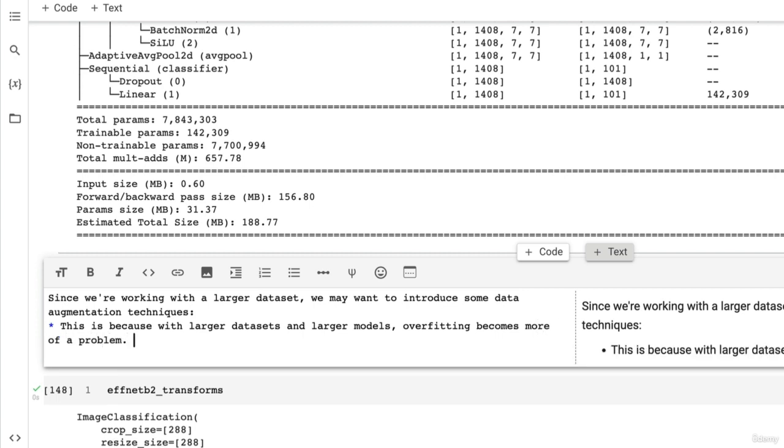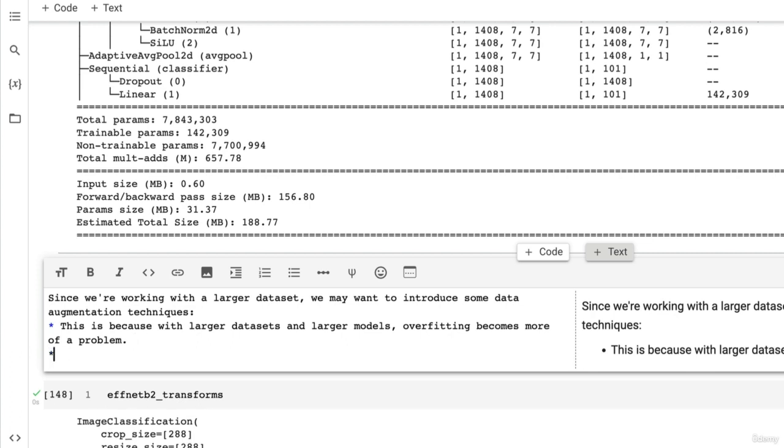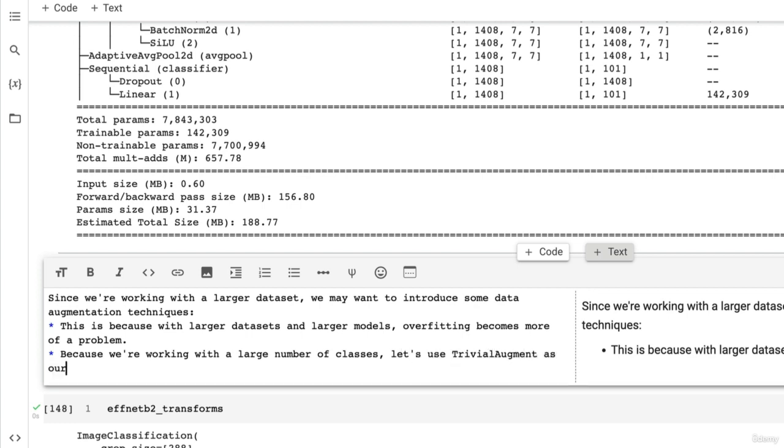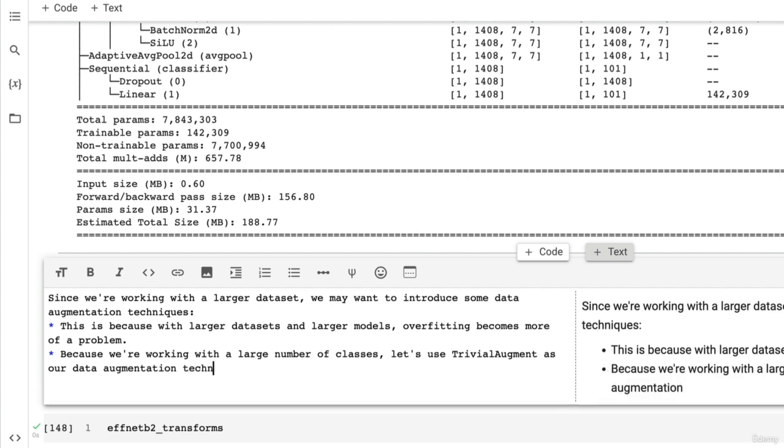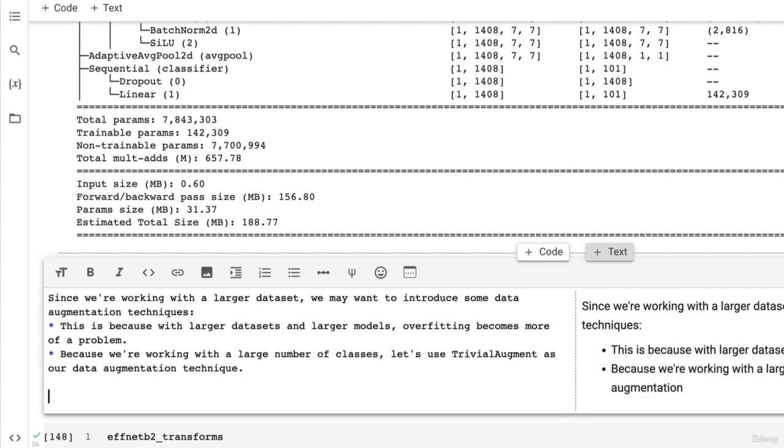Not always the case. Again, a lot of the statements in machine learning are quite general and they take some experimentation. So because we're working with a large number of classes, let's use trivial augment as our data augmentation technique. There we go, that's probably more precise. And then for a list of